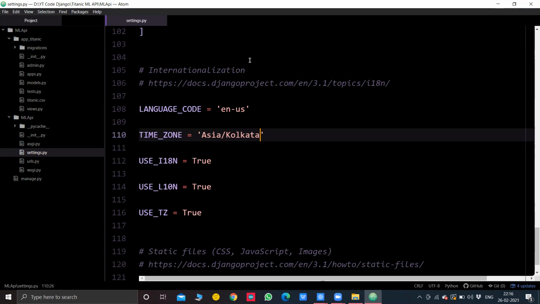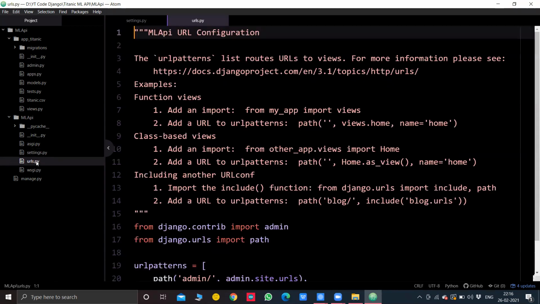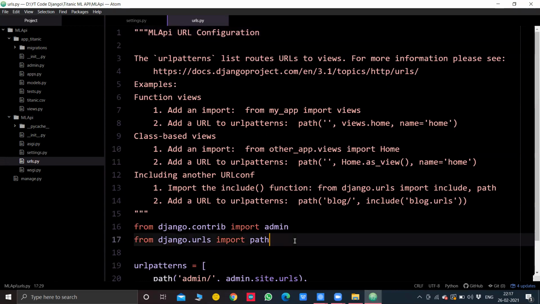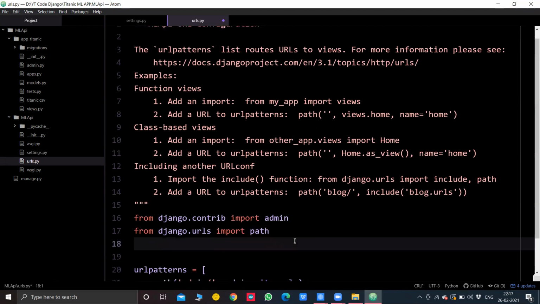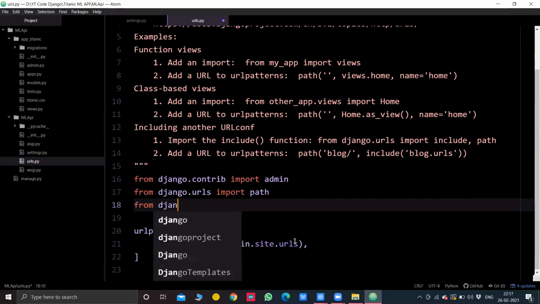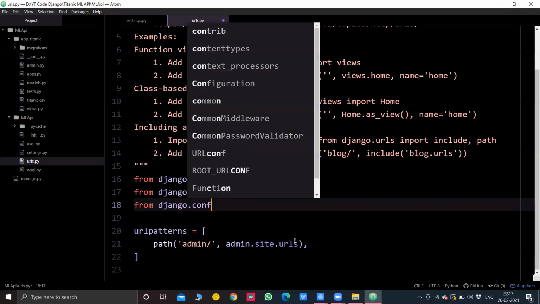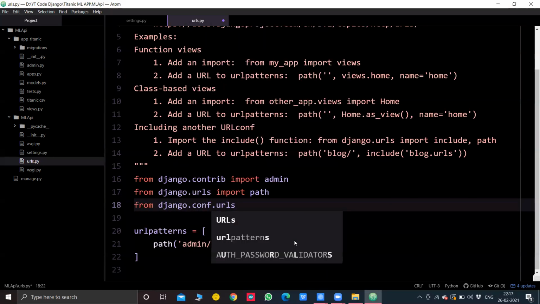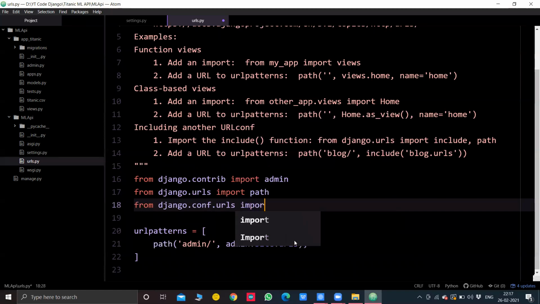Then we'll have the urls.py for the project, and again we'll have to create a new urls.py for our application. First we'll go to the urls.py for the project, that is ML API, and inside this I would like to first import a few things, like from django.conf.urls import include.